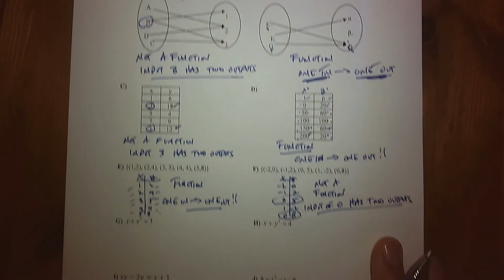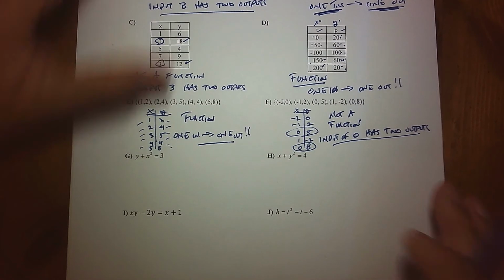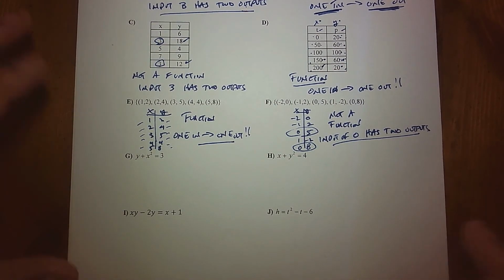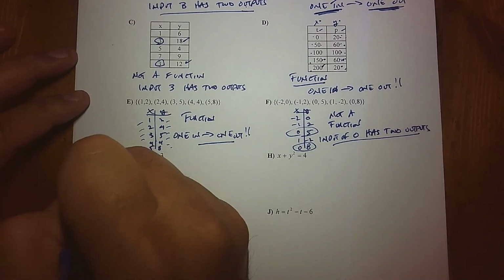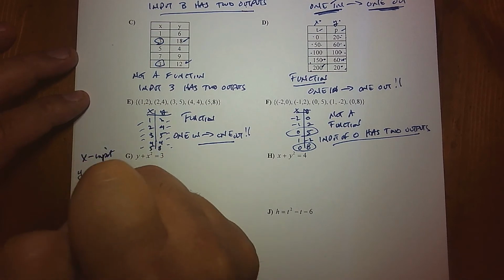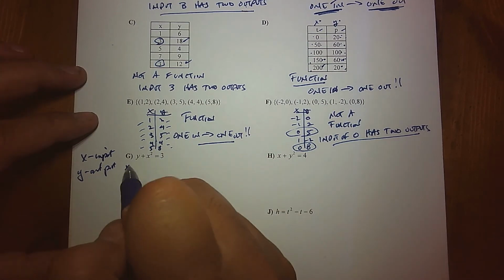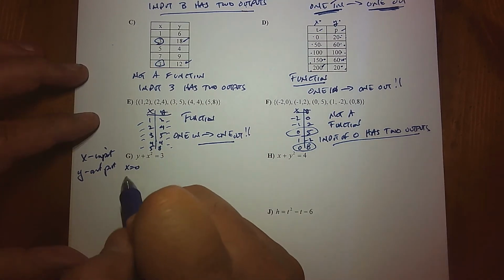What happens if we don't have something nice and visual? We're only given an equation. Well, remember from our graphing days, all we're basically doing is putting something in. X is the input, and Y is the output. So basically we can test this. So how about we let X equal 0, and when I do that,